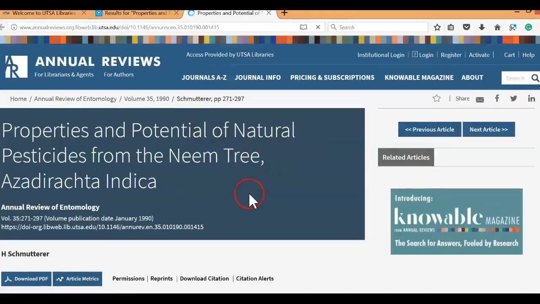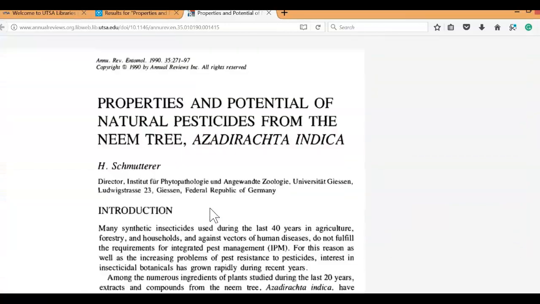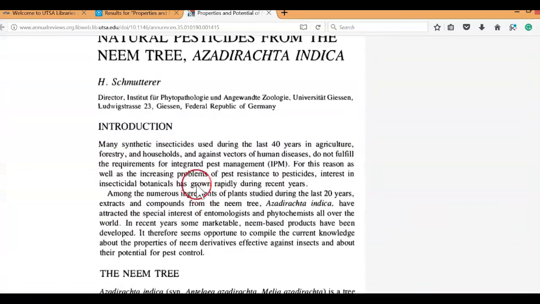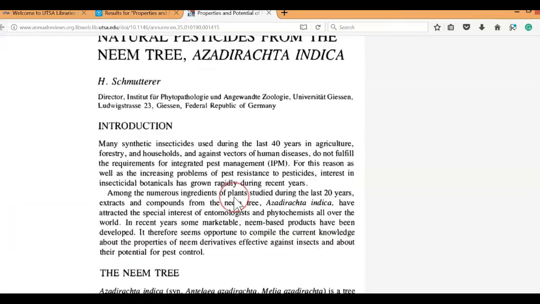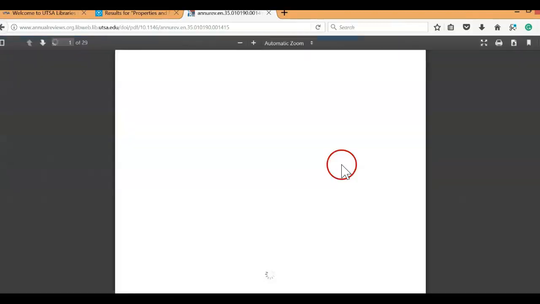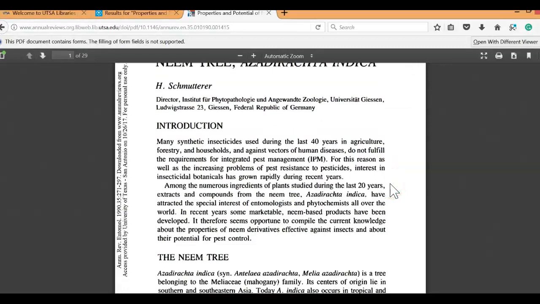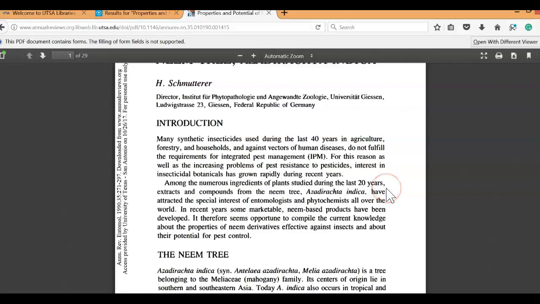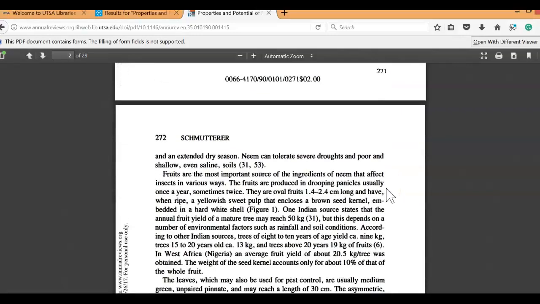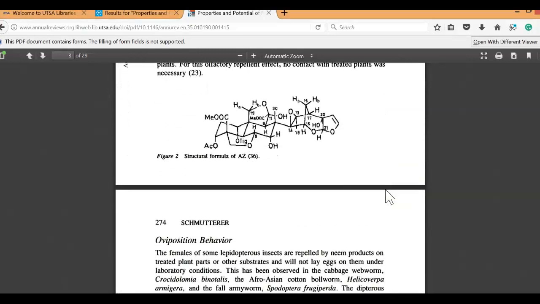We are currently within our databases within the university library. So it looks exactly the same as it did in Google Scholar. It just gives us the introduction and some additional information. But now when we click on download PDF, we actually get the PDF. Since we are enrolled in UTSA, we have access to all this information. So now you can clearly see the full article is available.